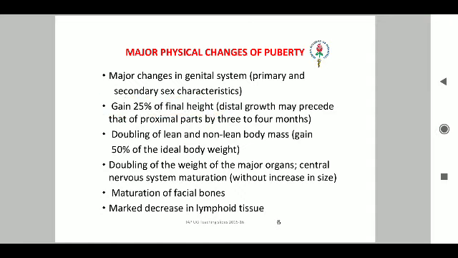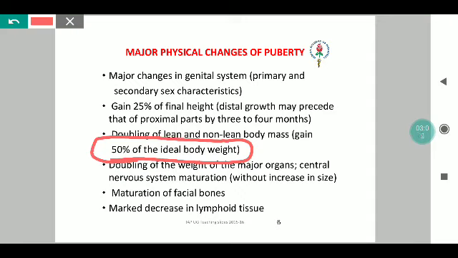So, apart from 25% gain of height, there is a 50% gain in body weight. And in many cases, there is a doubling of the weight of the major organs, and the CNS will also mature without an increase in the cell size. Apart from which, there is also increased skeletal maturity and also maturation of the facial bones and decrease in lymphoid